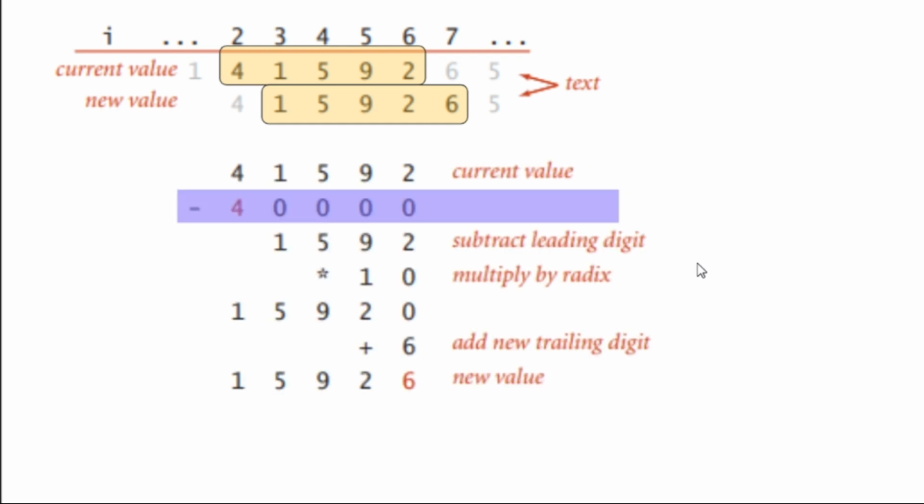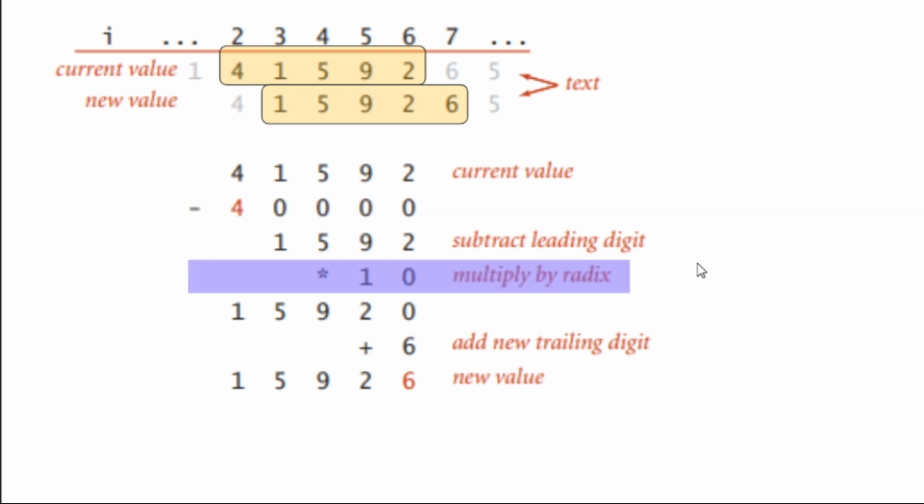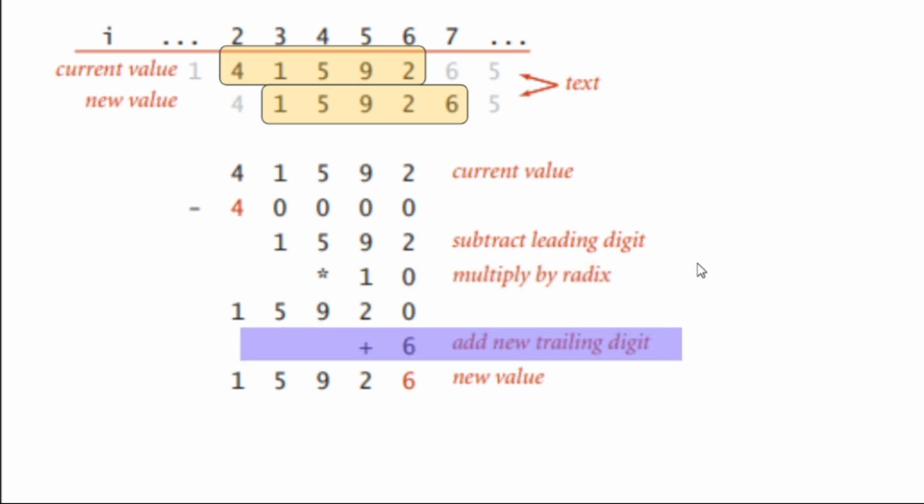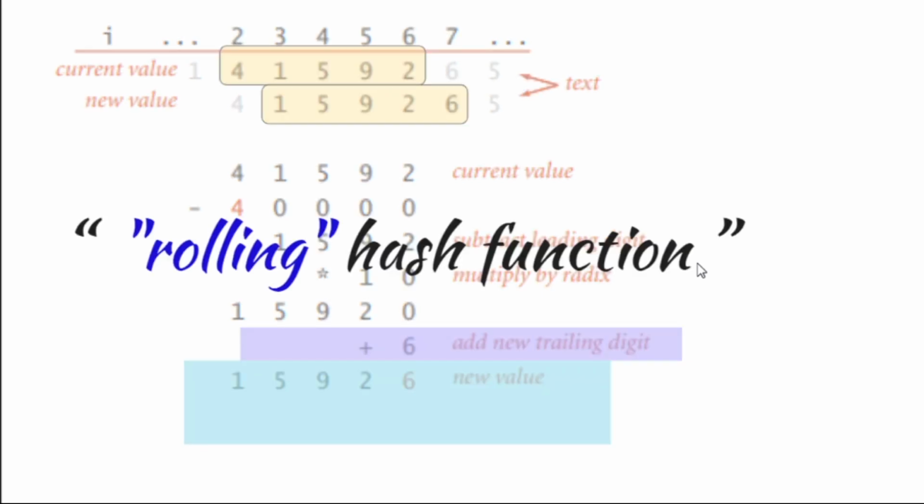So what we can do is, we will firstly remove the contribution of the number that was different in our previous value, that was 4. So we decreased it by 4. Then we adjusted our hash value by the base so that our new number can arrive there. Then we added the new value that we have to add, that was 6, and hence we got our new value. So this is the efficient way because we haven't calculated the four common numbers twice. That's why it is also called a rolling function, because we are kind of rolling it forward.